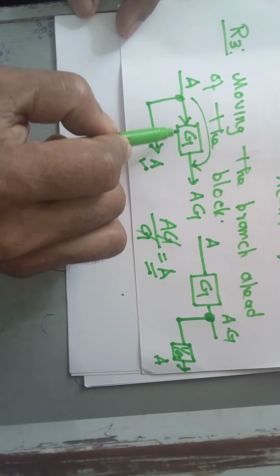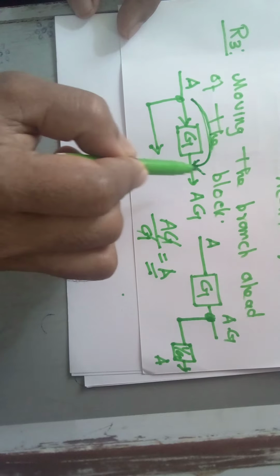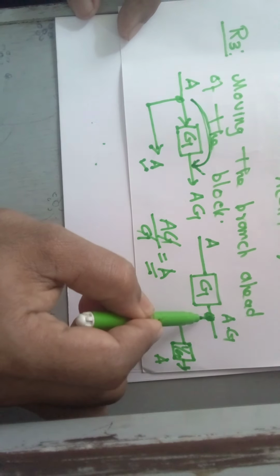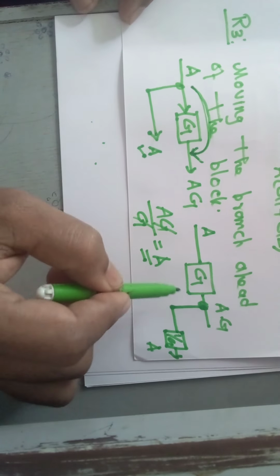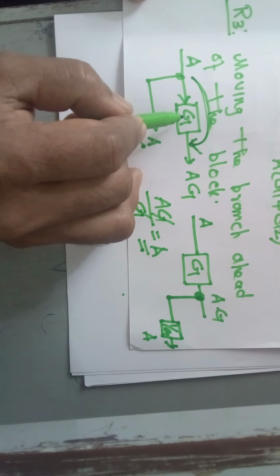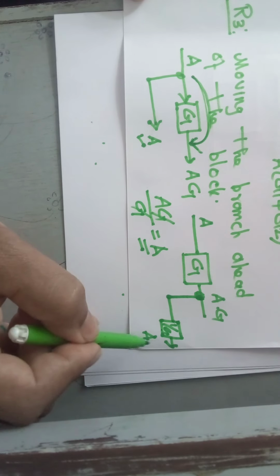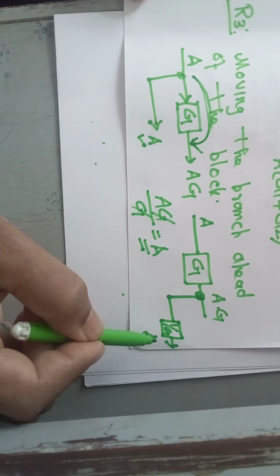See here, now if you want to move this branch point in front of this block, you want to take the branch point from this point, you need to multiply the output line with the inverse of the gain block, 1 by G. If you add 1 by G at this point, you will get the output as A. Understood? The next rule is